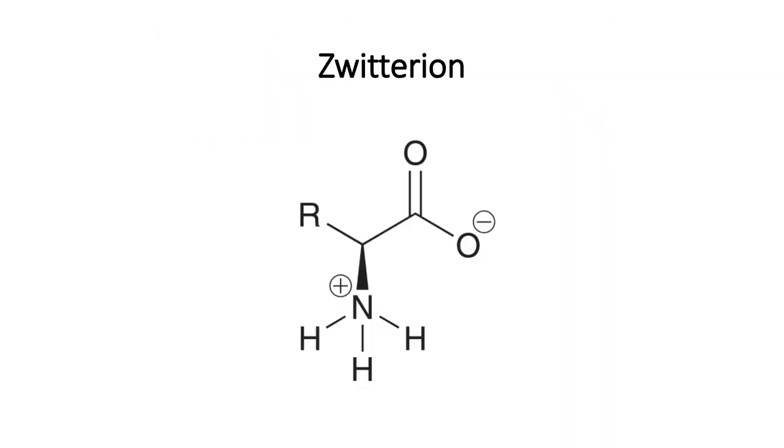So first of all, I want to review what a zwitterion is. A zwitterion is a neutral compound. It is an internal salt structure formed by the internal acid-base reaction between the alpha amino group and the alpha carboxylic acid group of an alpha amino acid. R can contain an acidic group or a basic group, but in the zwitterion it will be in its neutral state.